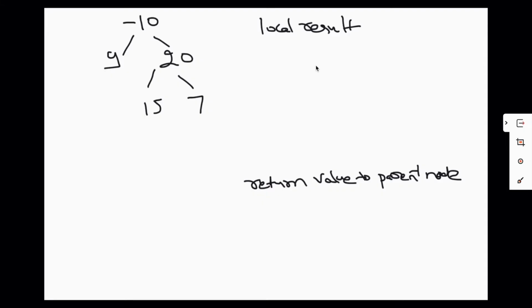Okay, so this is the problem, and pardon my drawings, but this is a tree with root node as minus 10, then 9 and 20, and 20 has two children, 15 and 7. And as I told you, in these types of problems where we are asked to compute something or find something, and also we are told that the answer might not go from the root, so there are two things to